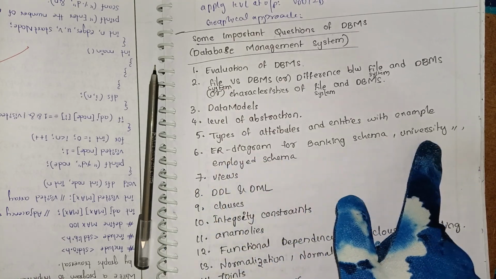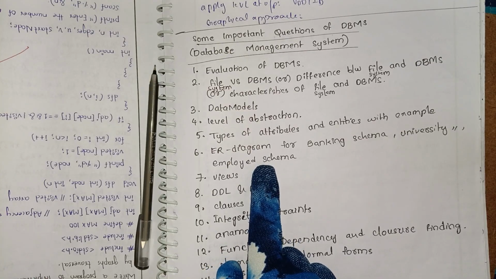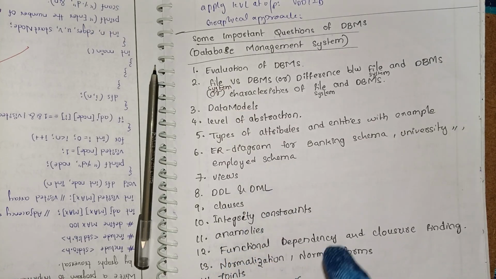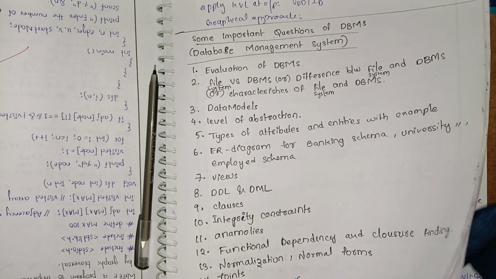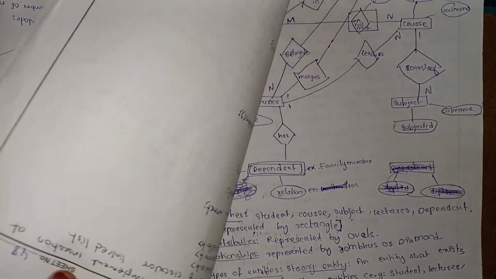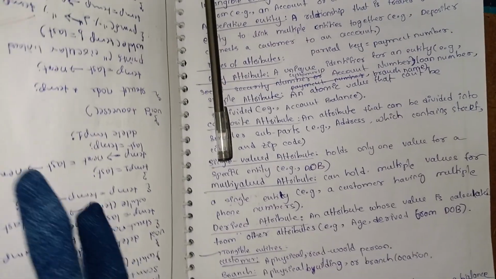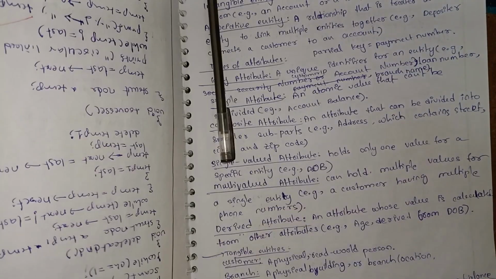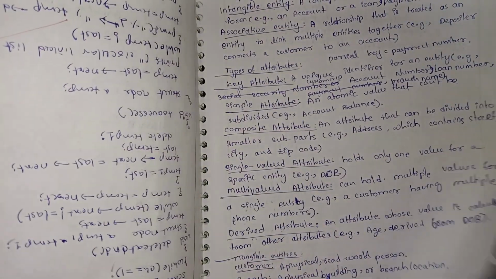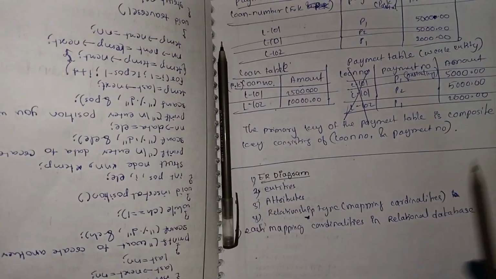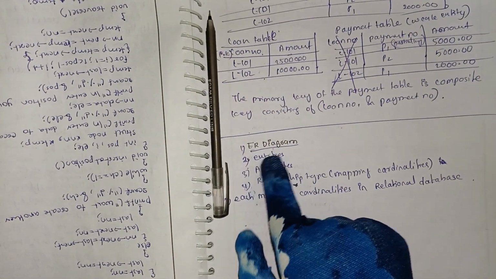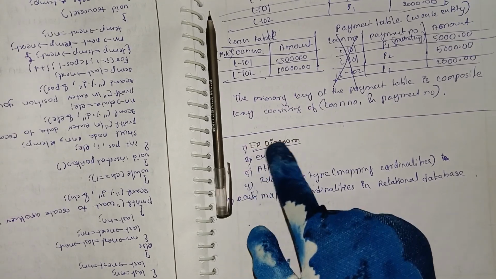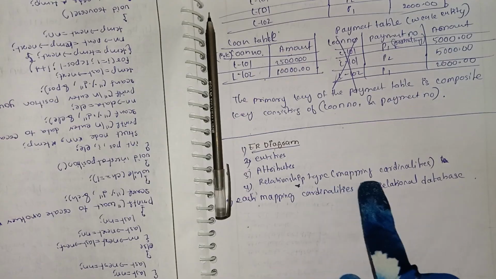In the previous class, I explained the diagram for the university schema. In this class, I will explain the diagram of the employee schema, the entities of this diagram, the attributes of this diagram, and the relationship types or mapping